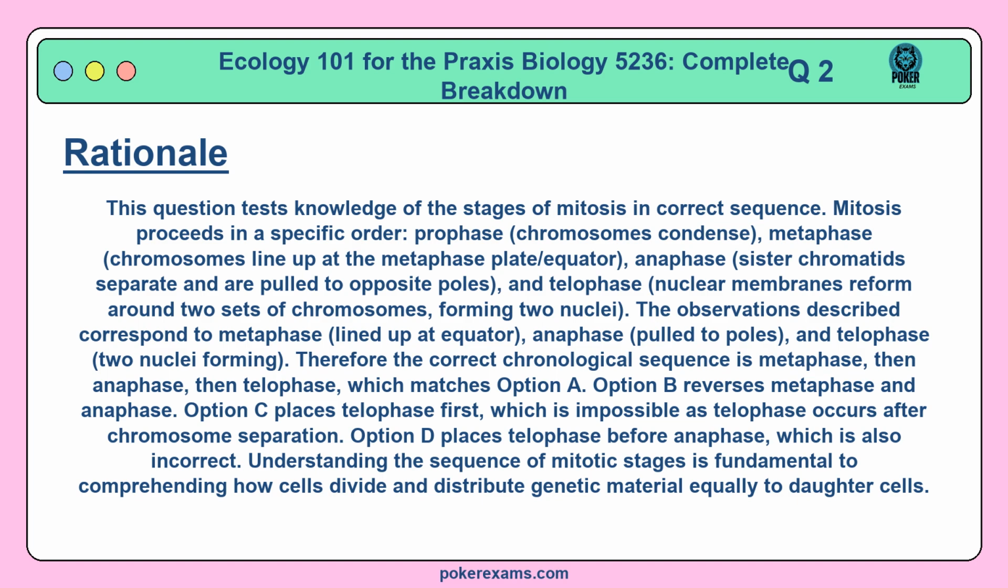The observations described correspond to metaphase, lined up at equator, anaphase, pulled to poles, and telophase, 2 nuclei forming. Therefore, the correct chronological sequence is metaphase, then anaphase, then telophase, which matches option A. Option B reverses metaphase and anaphase. Option C places telophase first, which is impossible as telophase occurs after chromosome separation. Option D places telophase before anaphase, which is also incorrect. Understanding the sequence of mitotic stages is fundamental to comprehending how cells divide and distribute genetic material equally to daughter